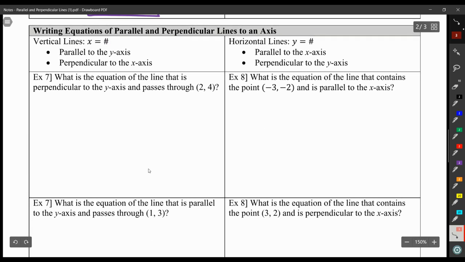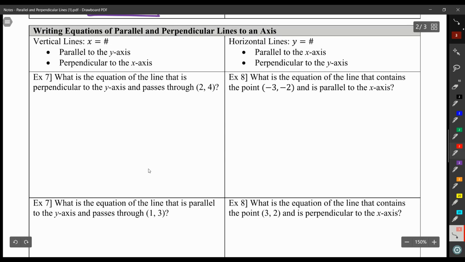So what happens if I compare my new line to an axis versus a different line? We can't quite follow the same process because we may not have a numerical slope. Remember that vertical lines have undefined slopes. You can't solve it the same way you would have the first time. So when you're compared to an axis, it's easier to draw a picture to get an idea of what this